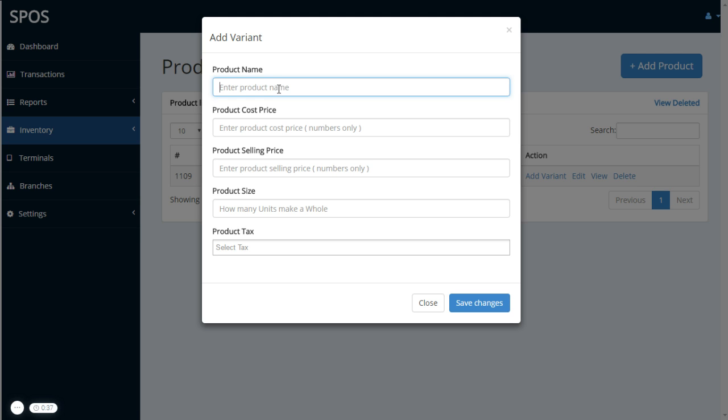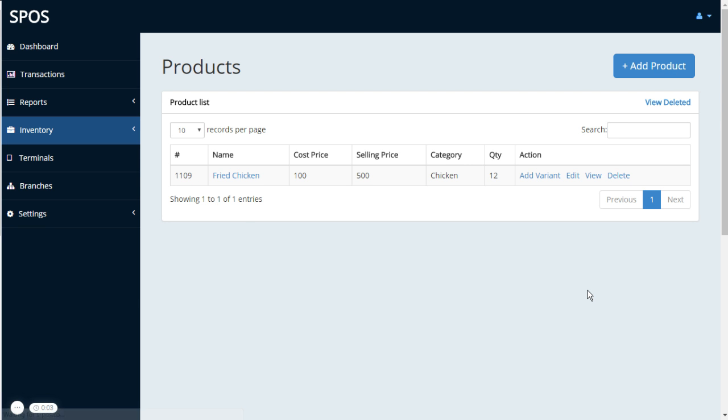Say we're talking about a chicken, fried chicken, so I'm going to have a variant that I would sell, and I'll call it half chicken, half fried chicken. Right, and then the cost would be say 50 for me, and I would sell it at 250 because it's half. And then the product size here is asking you, how many units make a whole. So in this case, 2 halves make a whole, like that. So the product tax would be VAT and catering levy, just like the other one. So you save those changes, and you are done. So that means if you sell two of these, one item would be